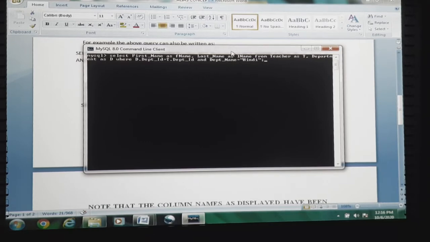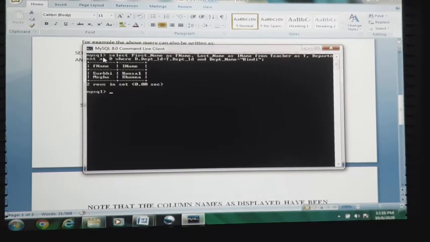Now, once we execute this query, the same thing appeared in front of us. Only the name of the field has changed. That is, first name got changed into F name, while last name got changed into L name. So this is the task which can also be achieved by means of alias, that is updation